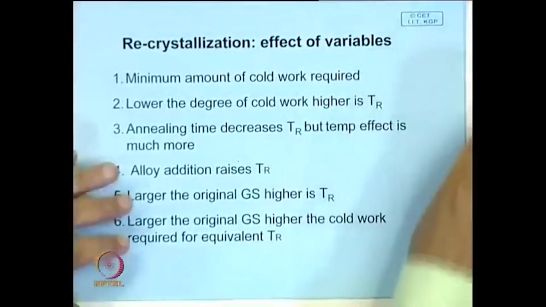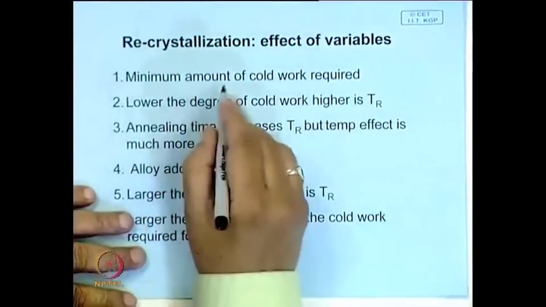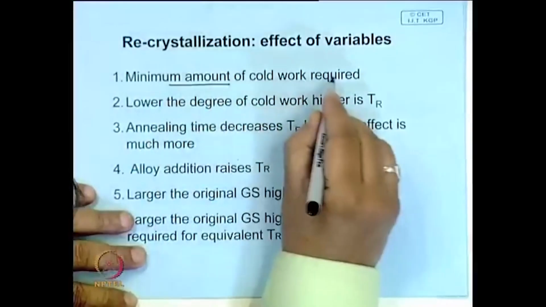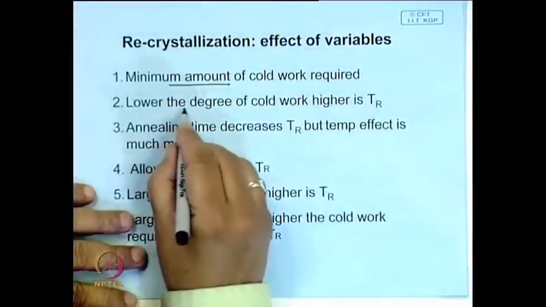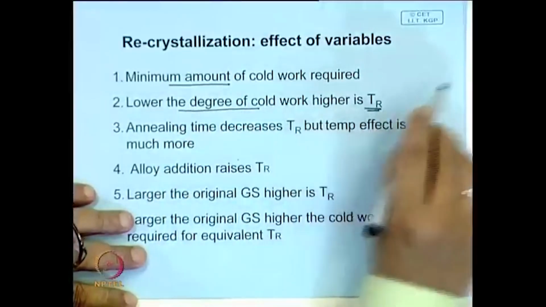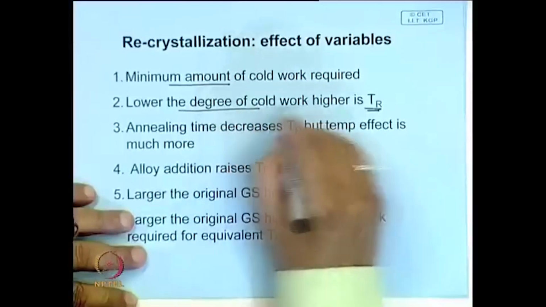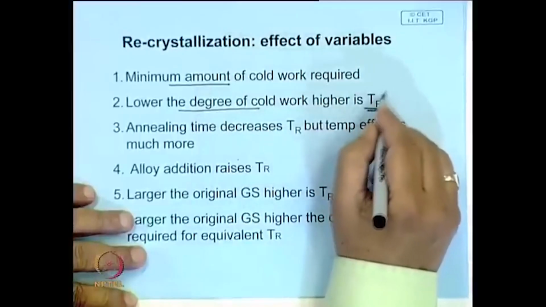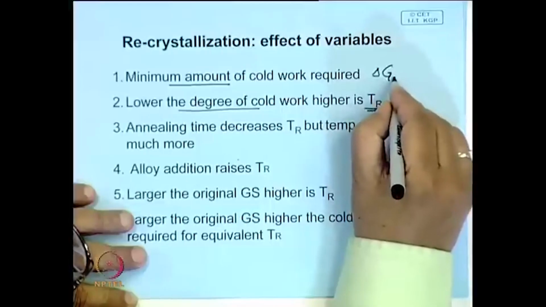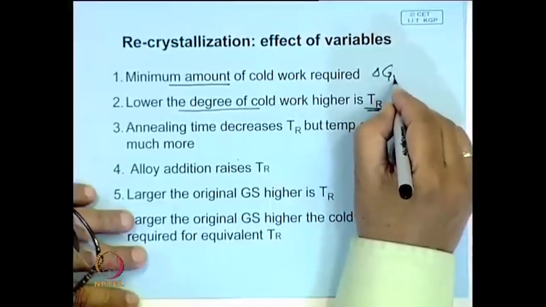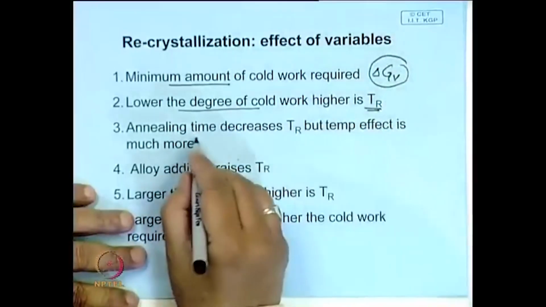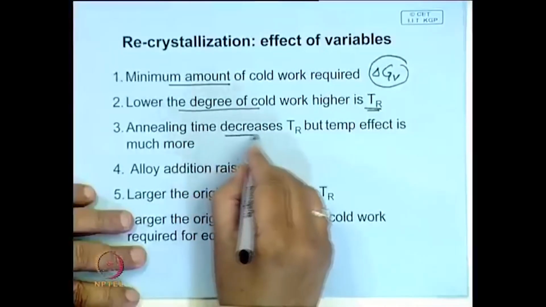So, if you sum up the process of recrystallization, we have seen that some amount of cold work is necessary for recrystallization to take place. The lower the degree of cold work, the higher is the recrystallization temperature. That means with lower cold work you have to give more thermal activation, because less cold work means delta G V is low, and the activation hill is high. Then annealing time also decreases